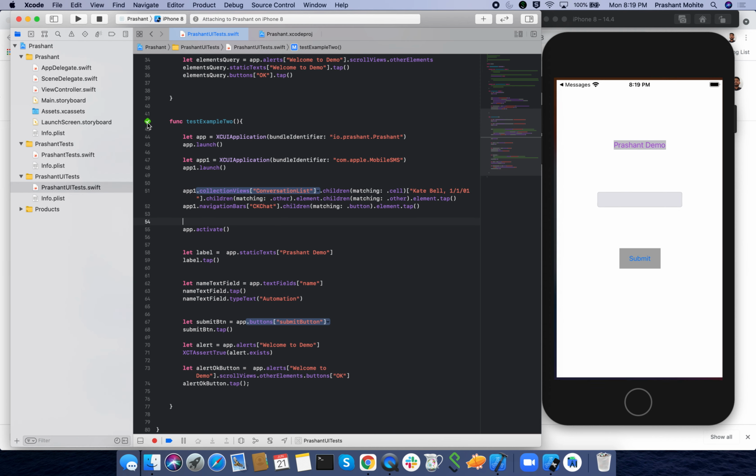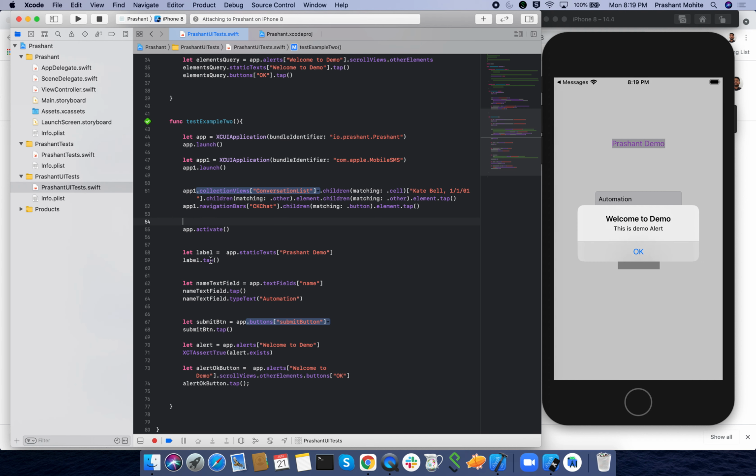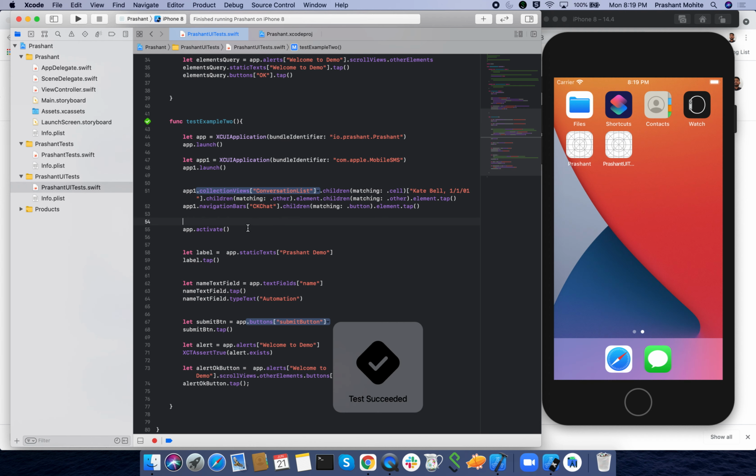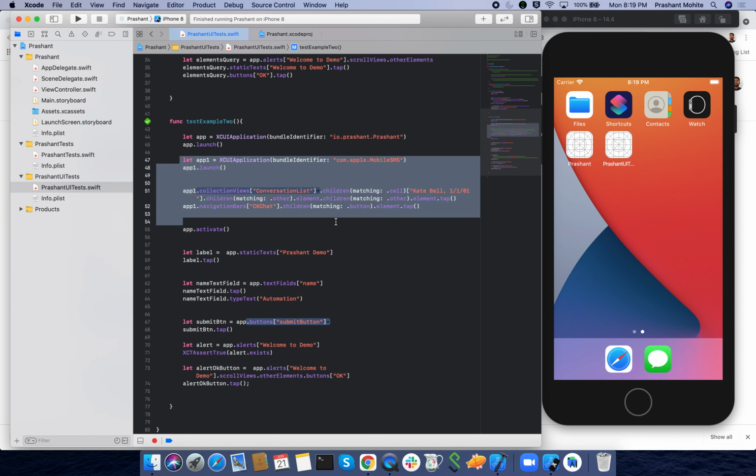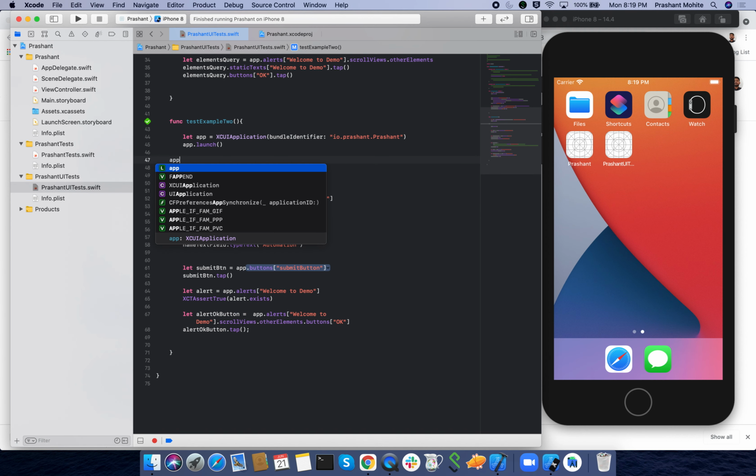You see, something I have done on the message app, and again I return back to my first application. So you can pass your bundle identifier and create an instance of that particular app and use the app launch. Then you have the app dot terminate, which you are mostly using in the tear down class.